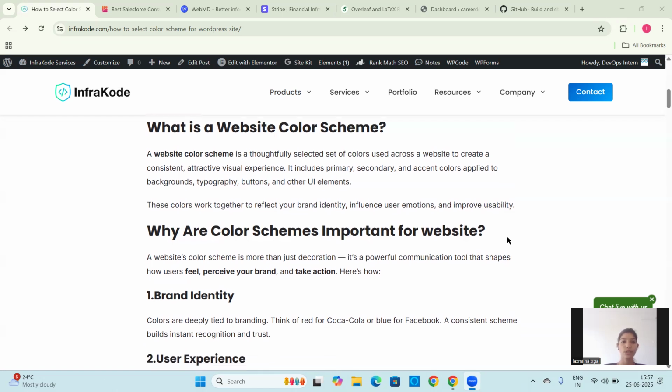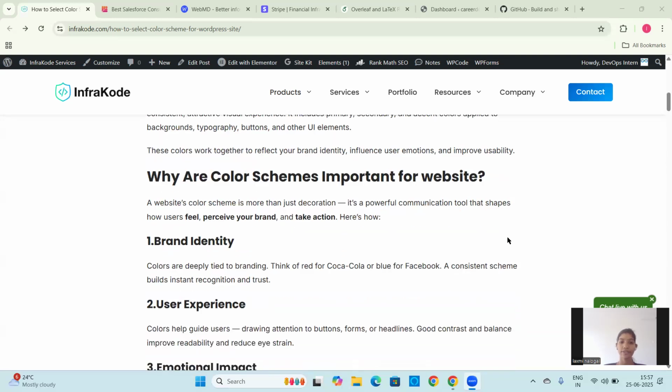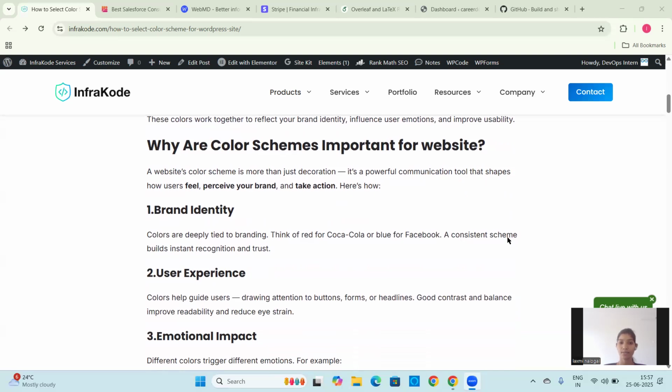These colors work together to reflect your brand identity, influence user emotions, and also improve usability and readability for your WordPress website.